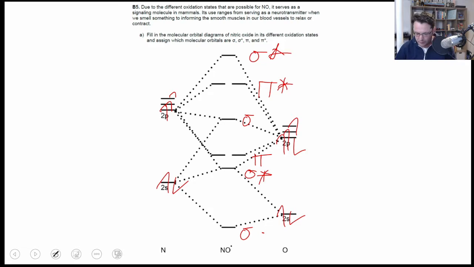Right, and so we have those labeled, and now we just need to put in the electrons. We have 5 plus 6, so there's a total of 11 electrons in this instance. And so what we want to do now is simply fill them in using the Aufbau principle and Hund's rule and the Pauli exclusion principle. So we have 1, 2, 3, 4, 5, 6, 7, 8, 9, 10, 11, right? So looking at this right here, we have one unpaired electron in the pi antibonding orbital between the nitrogen and